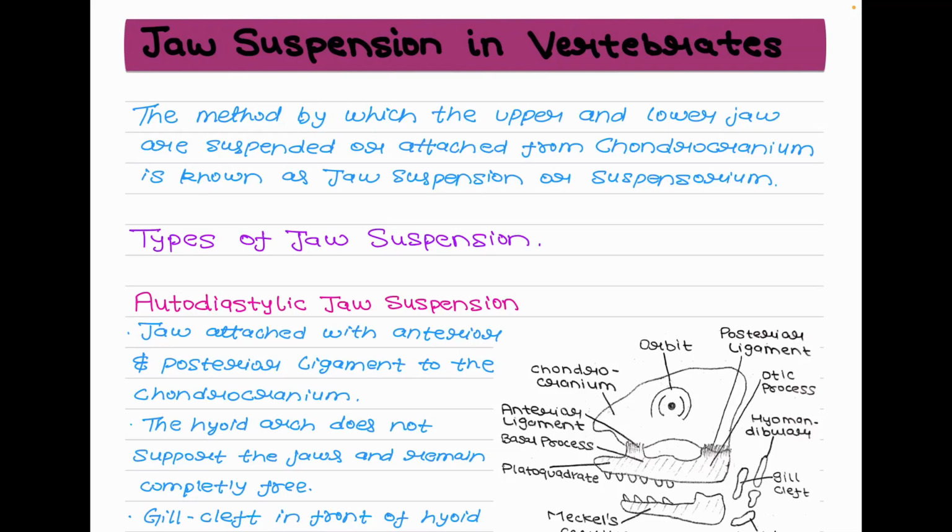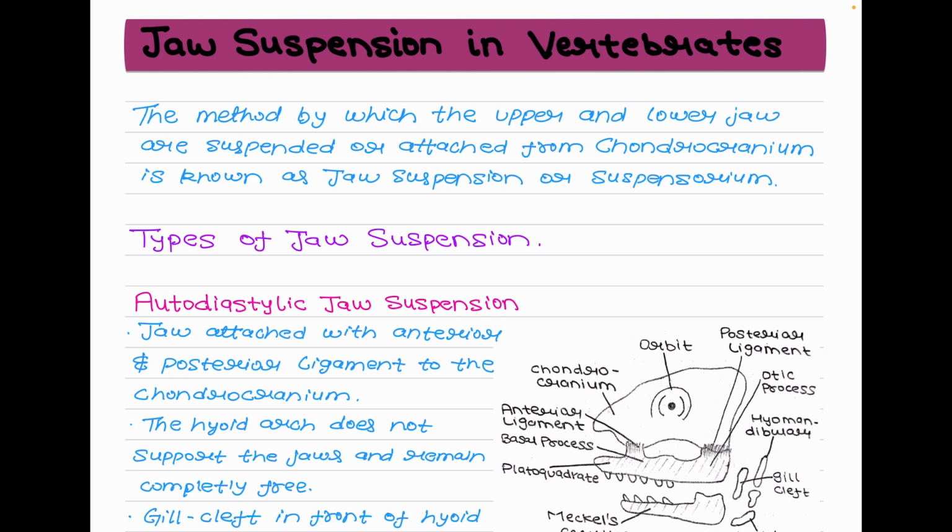The way a vertebrate opens and closes its mouth, how it bites, chews, or captures prey, depends entirely on how its jaws are suspended from the skull. This connection between the jaw and the skull is known as jaw suspension or jaw suspensorium. In vertebrate evolution, jaw suspension plays a vital role in feeding strategies, skull flexibility, and the transformation of jaw elements